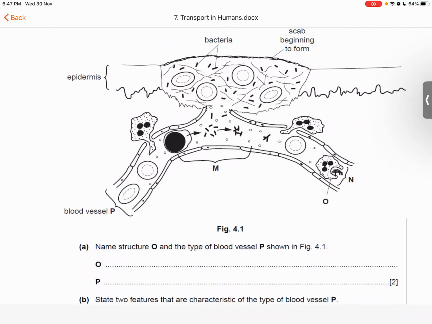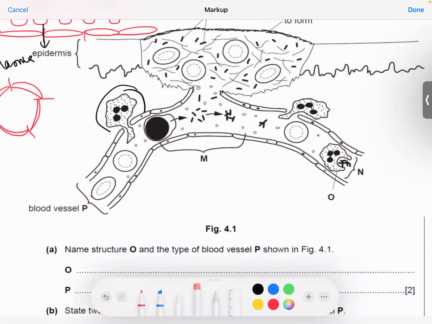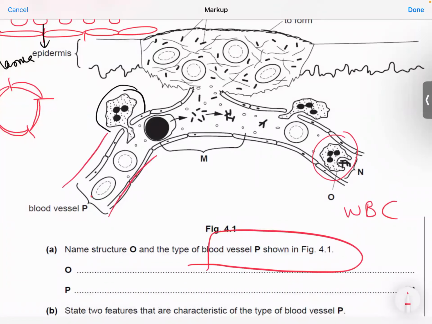एंड they were saying name the structure O and the टाइप ऑफ ब्लड वेसल पी। तो स्ट्रक्चर ओ जो है वो तो आपका व्हाइट ब्लड सेल है, एंड टाइप ऑफ ब्लड वेसल पी, तो ये ब्लड वेसल पी जो है ना, ये साफ है कि ये कैपिलरी है, बिकॉज ऑल दीज थिंग्स कैन नॉट हैपन इन अ वेन और एन आर्टरी। ठीक है, सो दिस इज अ कैपिलरी।